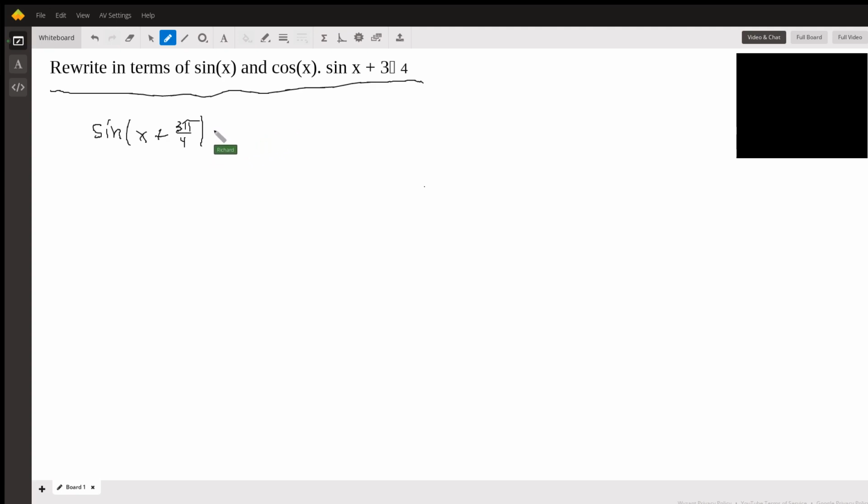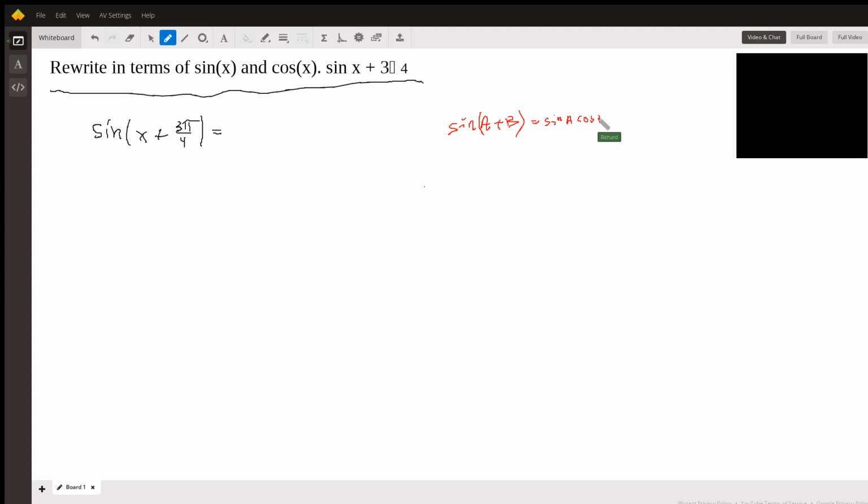We're going to figure that out in a second, but we need a formula that you're supposed to have learned in pre-calculus. These are called sum and difference formulas. And the formula we're going to use is for the sine. So the sine of a plus b is equal to the sine of a